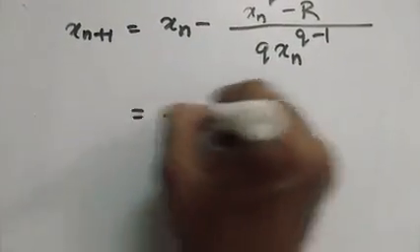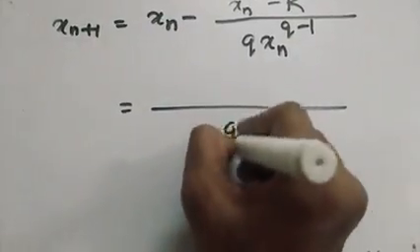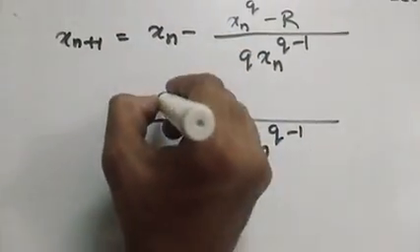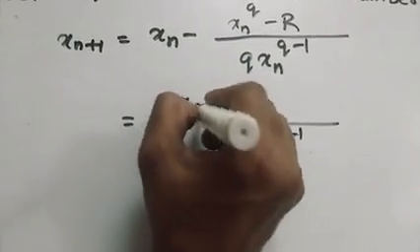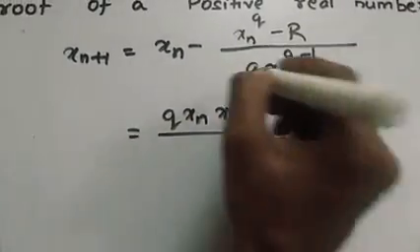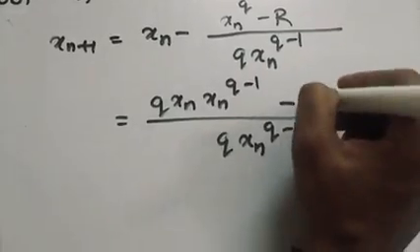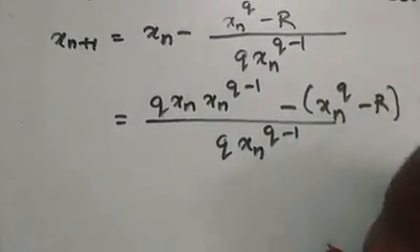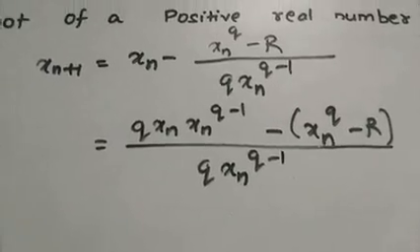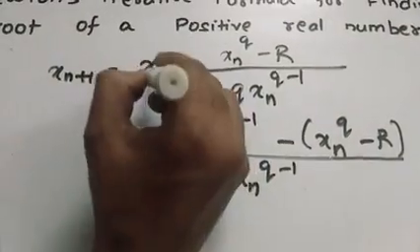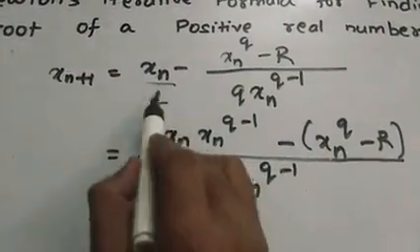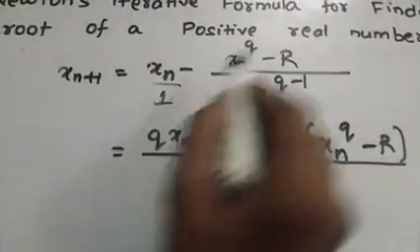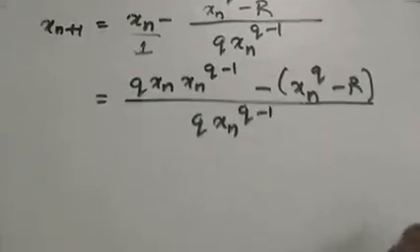That is, their LCM will be q x to the power n q minus 1. This will cross multiply, that is q xn into xn to the power q minus 1, this side in bracket x to the power n q minus r. Just simply taking the LCM. Here that was 1, and their LCM will be their simple multiplication. So I have just taken that multiplication. Now do the cross multiplication. We have done the cross multiplication, and after that